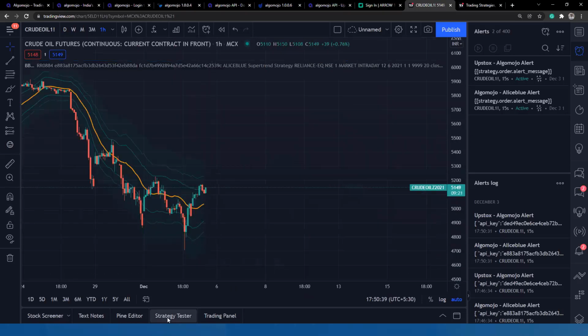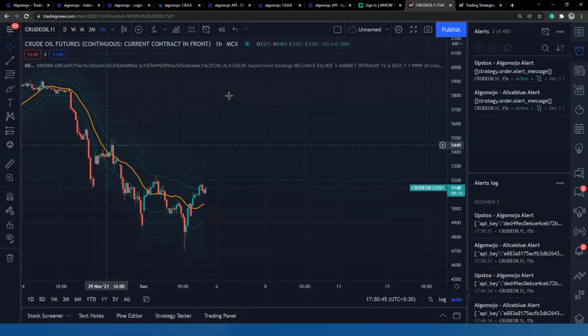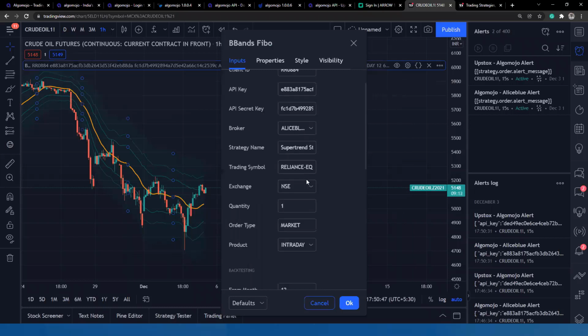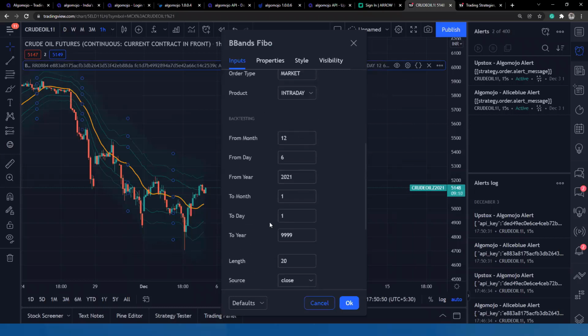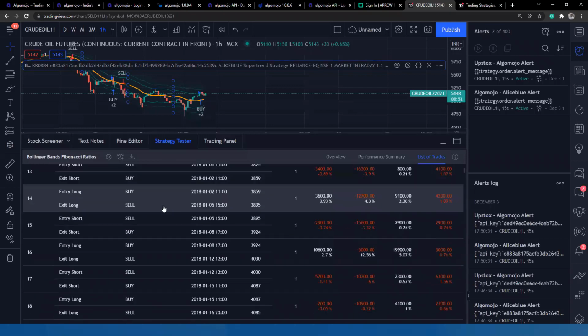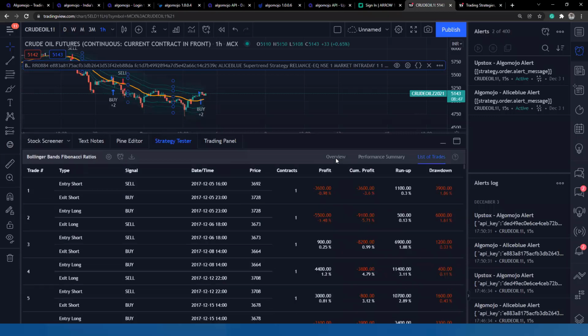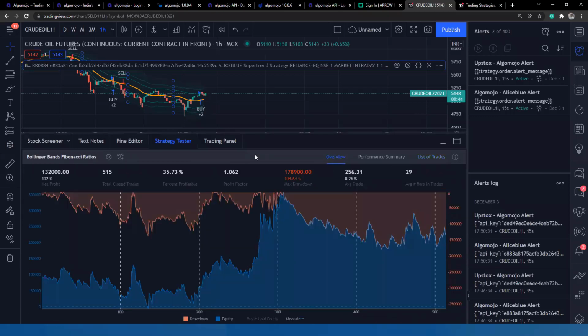That means even if you go to the strategy tester, you will not be able to do any backtesting. If you want to do backtesting, what you have to do is set the past dates. If you want to do the backtesting, the from and to dates are very important. The to date is kept at the maximum level, so you don't need to worry about that. Up to the to date, the backtesting will happen, but the starting date you can set as per your wish. Let's say you want to backtest from 2016 onwards. You'll be able to get the complete backtesting results right from the start date till whatever data is available. You'll get a complete backtesting report and summary, everything from here.